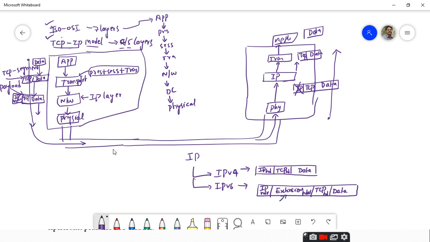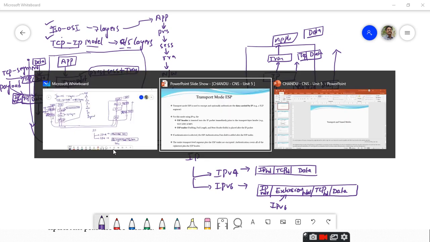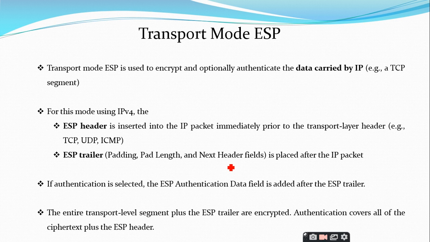These are some extension headers that are required for IPv6. So, this is how the IP packet looks. You keep this in mind, and let us go to our discussion once again of the transport mode and the tunnel mode.